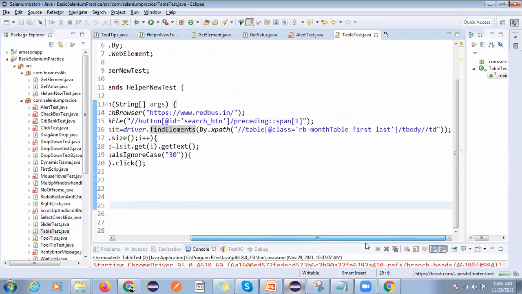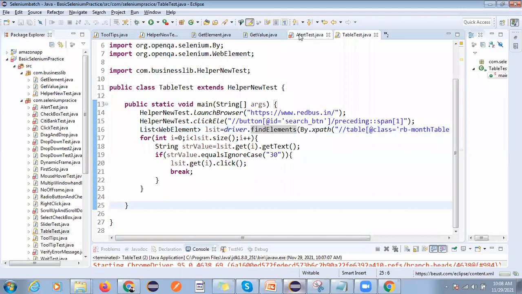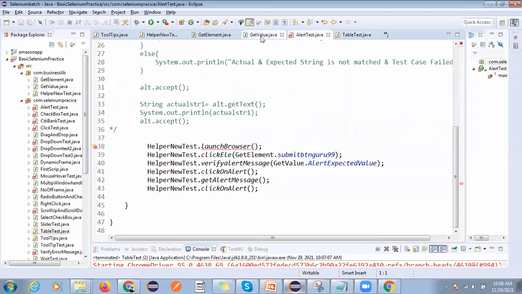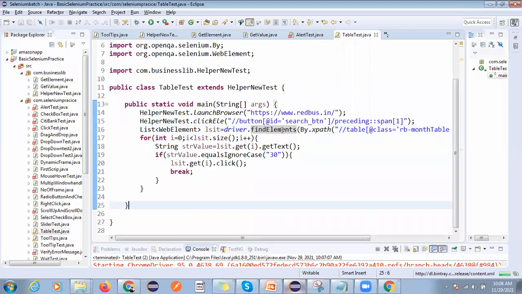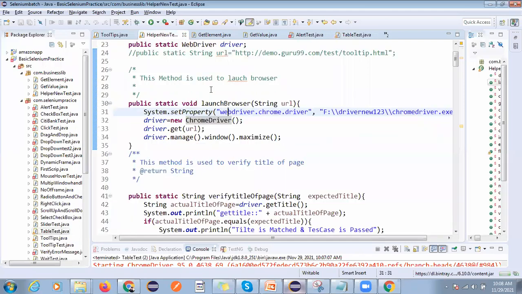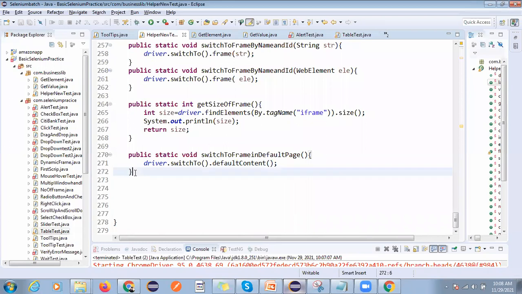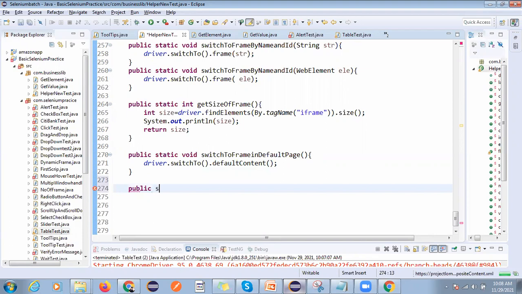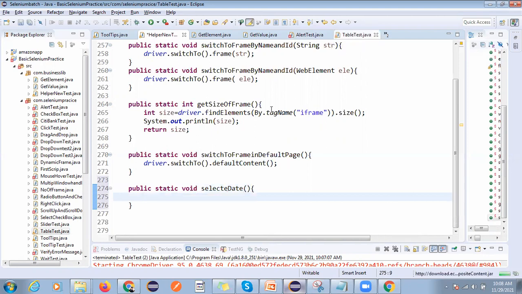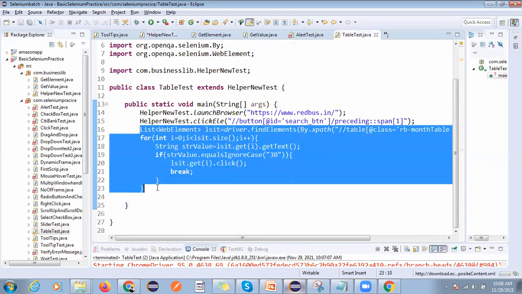Okay, so I will create one. I already have that, but that is for select dropdown, right? But here I will go to helper, and I will create one method called public static void selectDate. Okay, and now I'll copy this code.